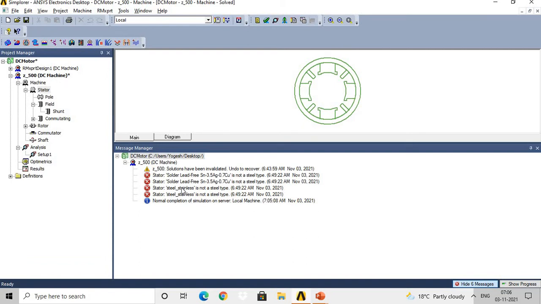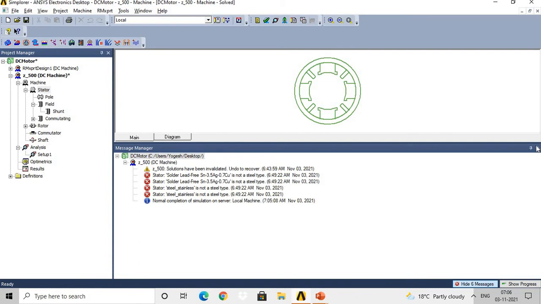That means if you make any mistake which is not within the acceptable limit, or which is not as per the standard design for that machine, then it will be shown with an error here. Then you need to rectify that error and analyze the circuit again. Under this analysis step you will get an idea whether your design is as per the design standard or not, and if there is any mistake, it will be shown here, and you need to rectify it and then proceed further.